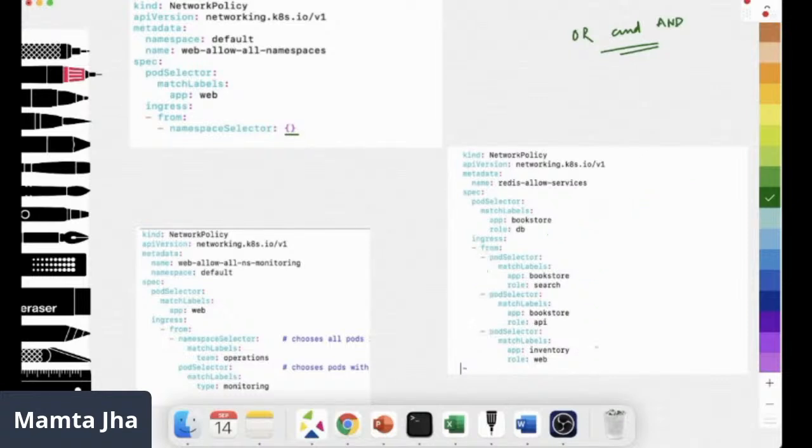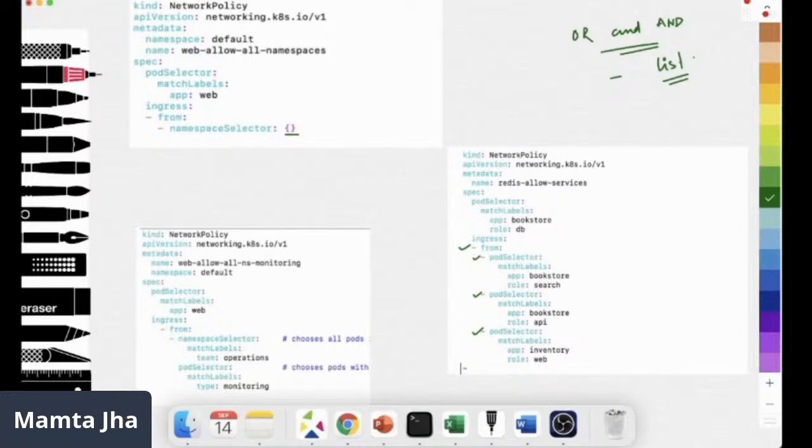Now, for the or condition, I'm just cleaning up the space so that you can see the hyphen. The hyphen is very important. Because of that hyphen, they become or. So if you see in YAML, when we say hyphen, that means that resource attribute is a list. So I can have multiple froms like this, right? So I'm saying from this, or this, or this. That is how it is interpreted.